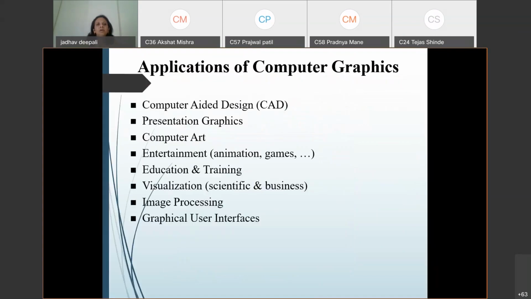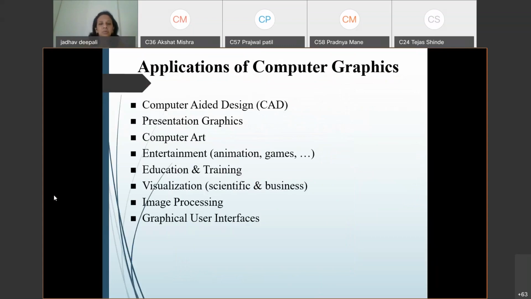Now we are going to start with the applications of computer graphics. What are the different applications of computer graphics where we normally use it? As I told you, nowadays we are using computer graphics everywhere in our day-to-day life. Some of the important applications, not the entire list, we are going to see here.